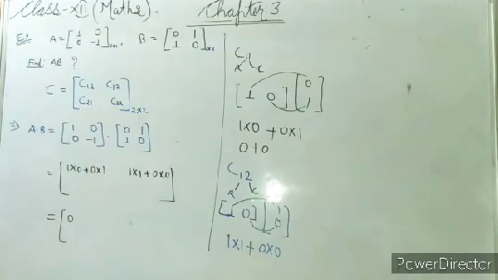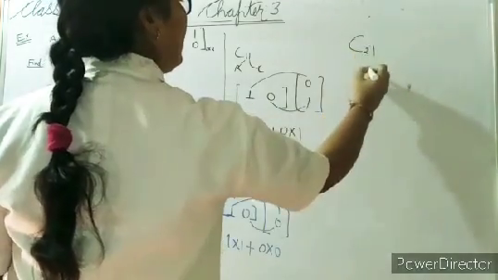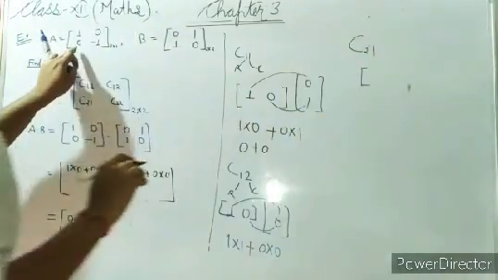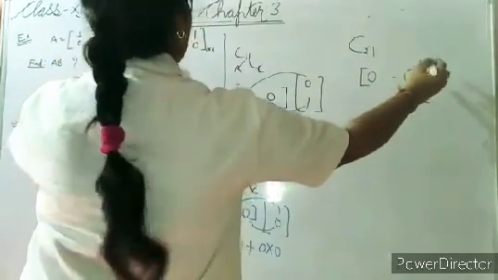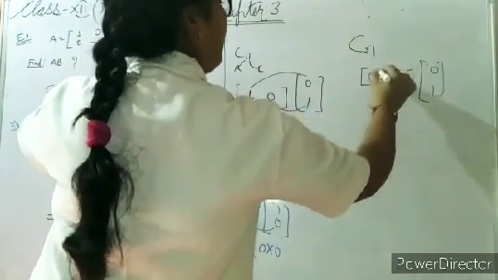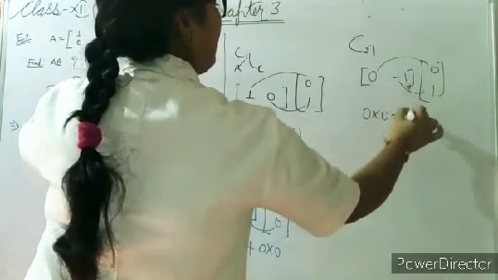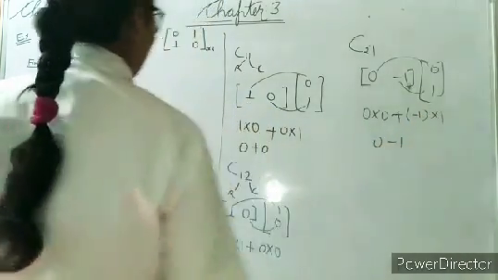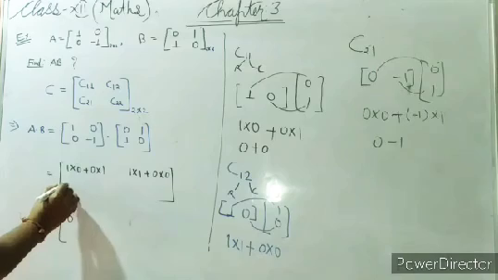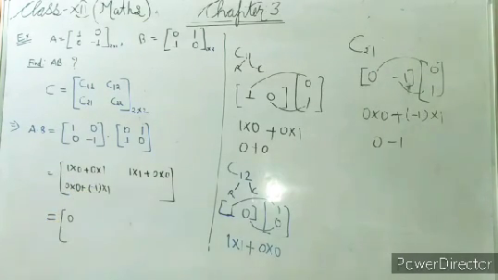Starting time, don't do directly. You go like that. In rough also no problem. Okay. Now you see C21. 21, that means second row. Second row is 0, minus 1. And first column, that means 0, 1. So we will multiply 0 into 0 plus minus 1 into 1. So you will get here minus 1. So here we write 0 into 0 plus minus 1 into 1.